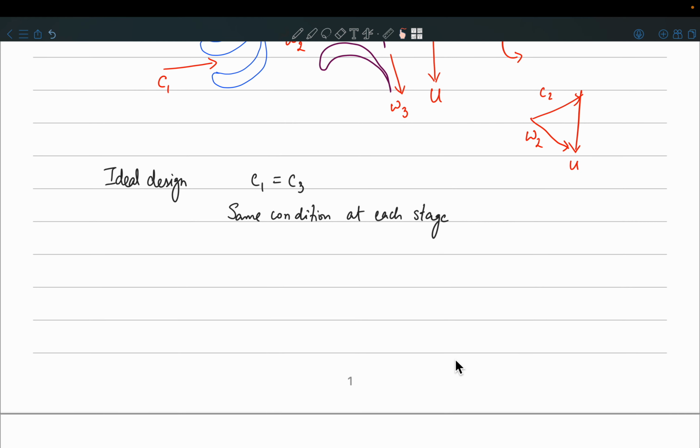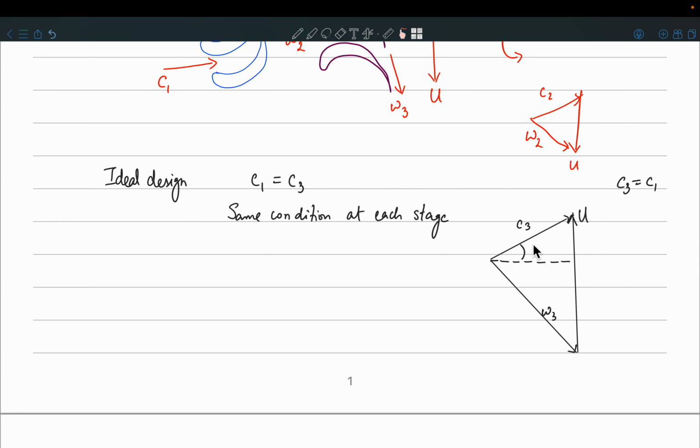Okay, so we can now compile this entire velocity triangle, and let us draw it. So let's say this was my blade velocity u, and so there was an incoming flow. So I'll draw the inlet triangle first. So this is C3, but C3 is equal to C1, right? So I'll write it over here, C3 is equal to C1 anyways, and the relative velocity is now going to be W3, right? So I'll call this W3,